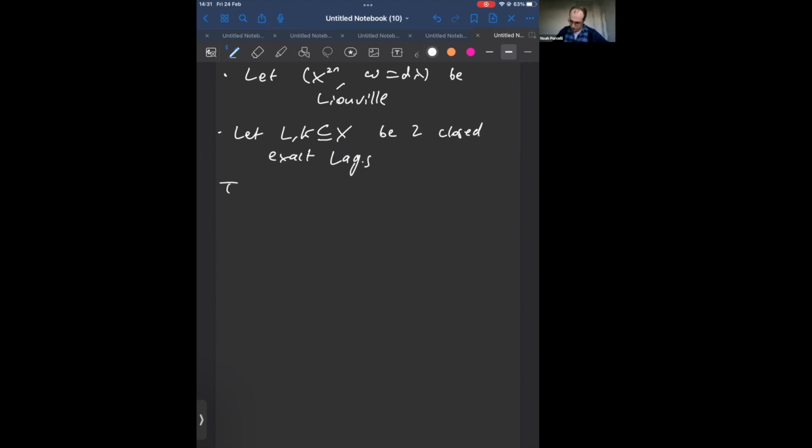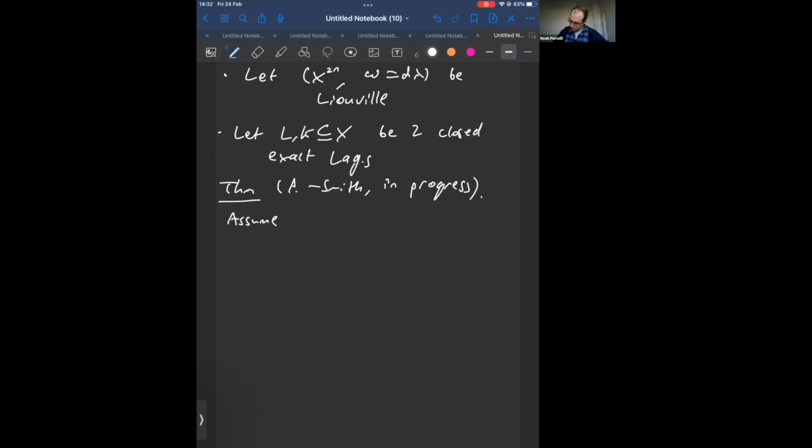So the theorem is we're going to have to assume a lot of things. Yeah, and this is still in progress. So we'll assume a bunch of stuff, and then we'll get some restriction on the difference between L and K